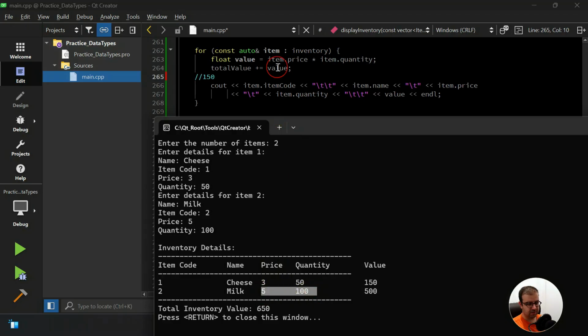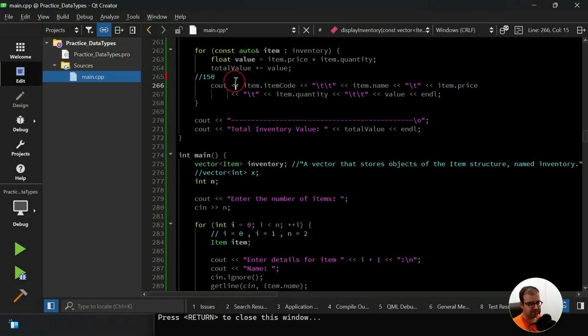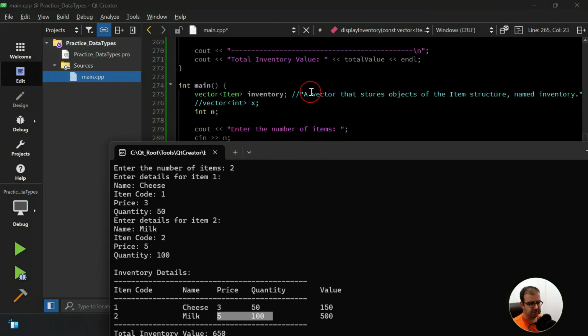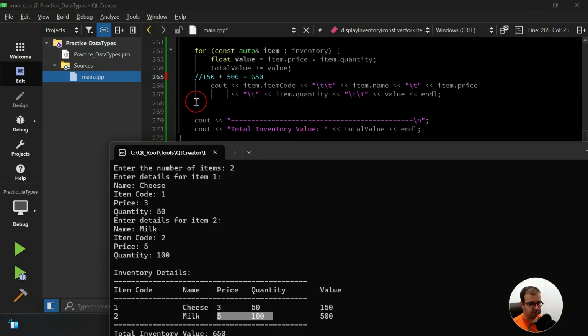And now 500 is added to the already existing 150. Therefore, it becomes 650. Okay, when it becomes 650, after the end of this for loop, we show this message, total inventory value,